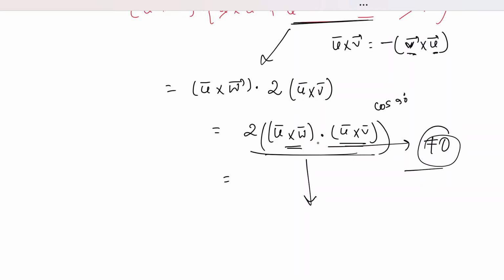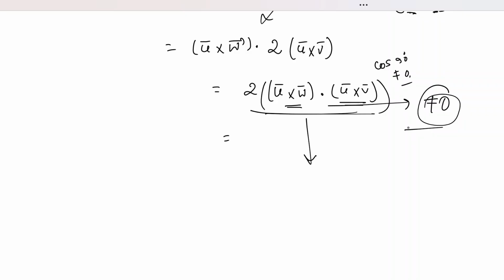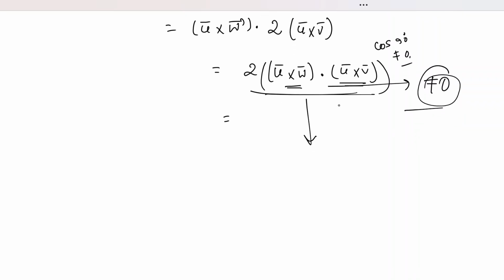In this case, u, v and w, none of their magnitudes is mentioned to be 0, and their angle will also not be 90 degrees. So this is no way 0. But I can also solve a bit more so that we do not have any doubt further that their angle should not be 90 degrees to make the dot product 0. Say you can further simplify this expression like a dot b cross c again, where your a is redefined as u cross w, b is your u, and c is v.